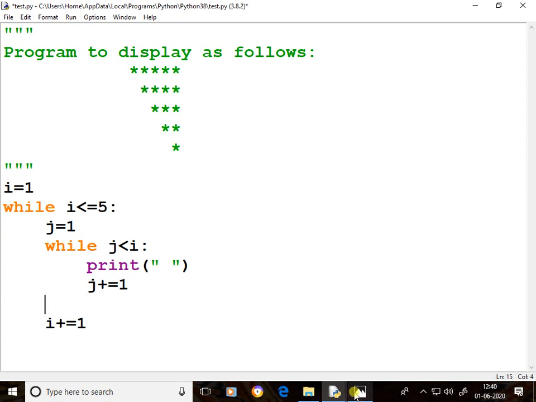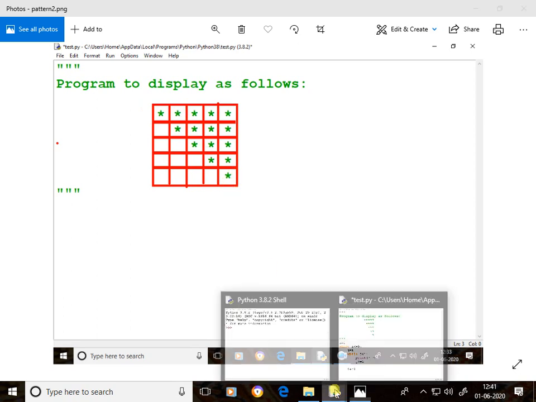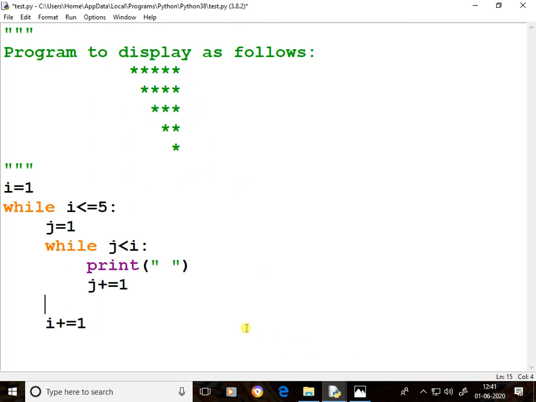For printing stars, one more loop is required. In the first row, 5 stars, second row, 4 stars, third row, 3 stars, fourth row, 2 stars, fifth row, 1 star. Decrement order is required. So, one more loop.